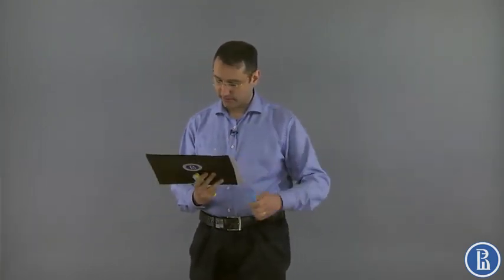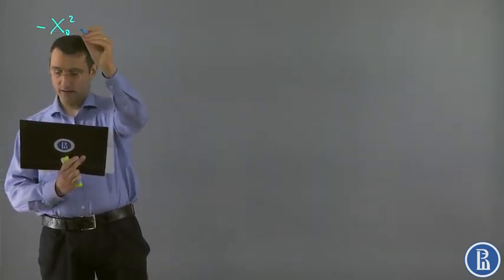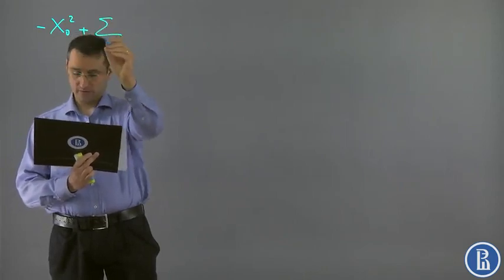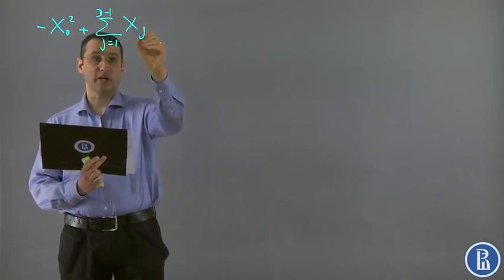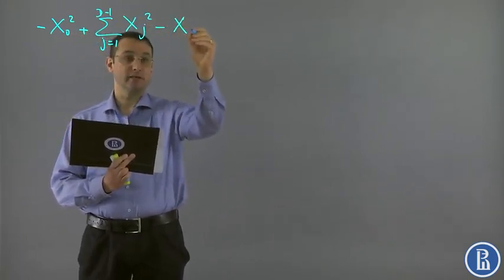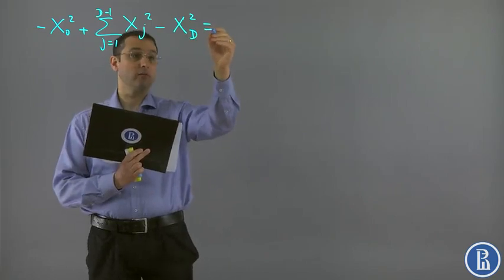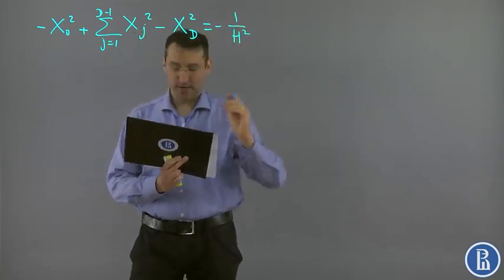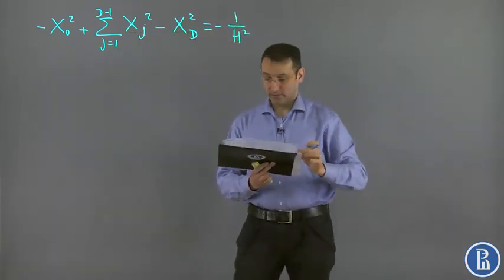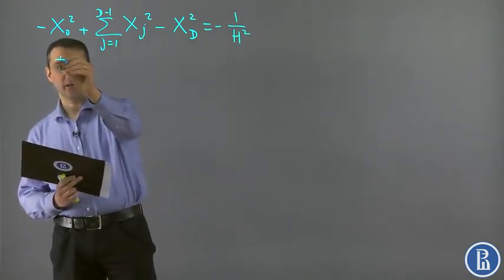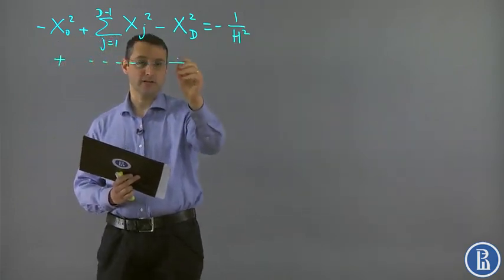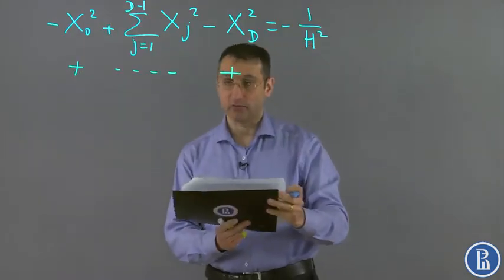To remind you, anti-de Sitter spacetime is given by this equation: minus x0 squared plus the sum of j from 1 to d minus 1 of x_j squared minus x_d squared equal to minus 1 over h squared. And it is embedded into the space which has signature plus, minus, minus, minus, and plus. Now one can solve this equation